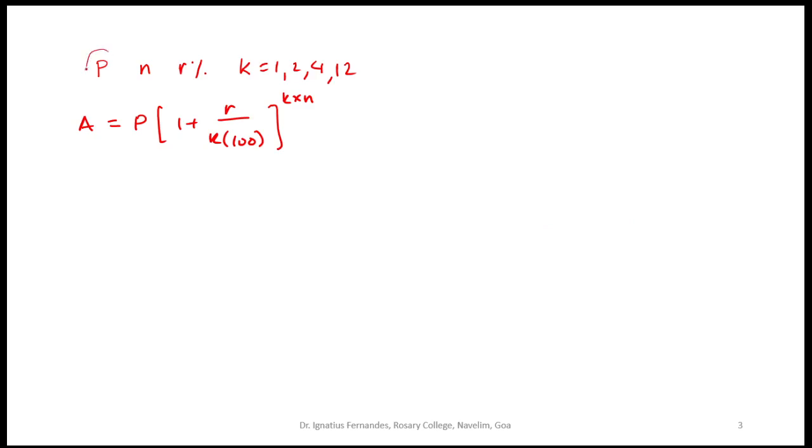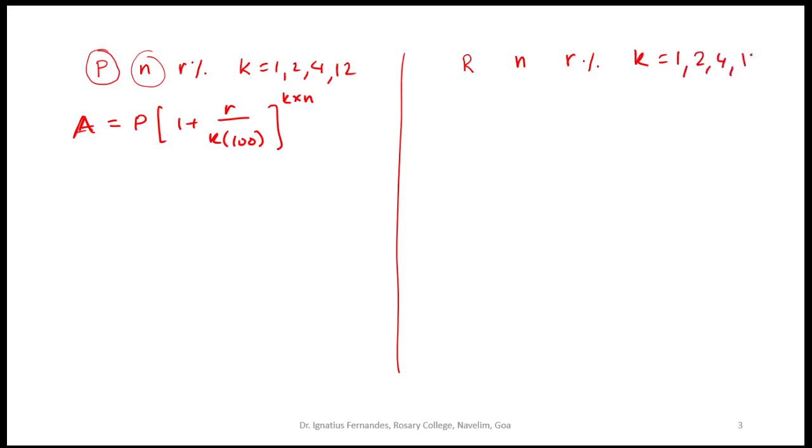So here we have just one time investment, a principal amount P which is invested for n years, and then we know what is the total amount after n years based on how the interest is compounded. In annuity what we have is a periodic payment. That means after every period we pay an amount R for some n years, again at a rate of interest R%. And again this periodic payment can be either yearly, half yearly, quarterly or monthly.